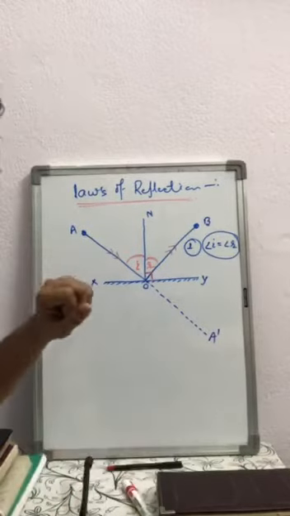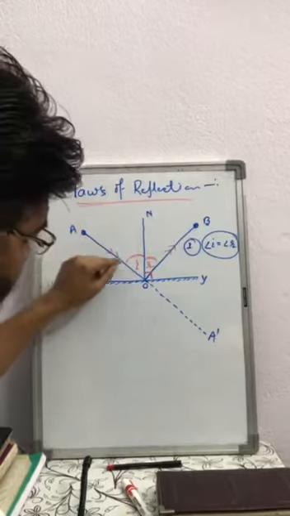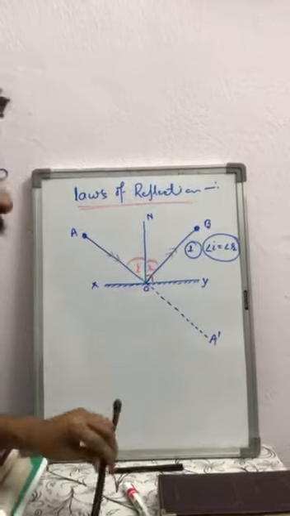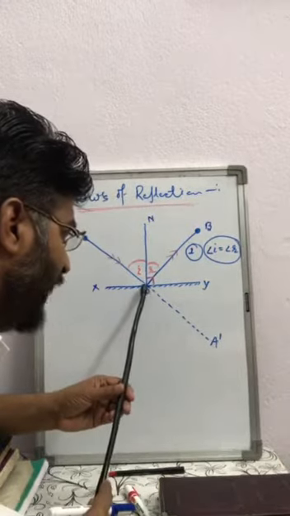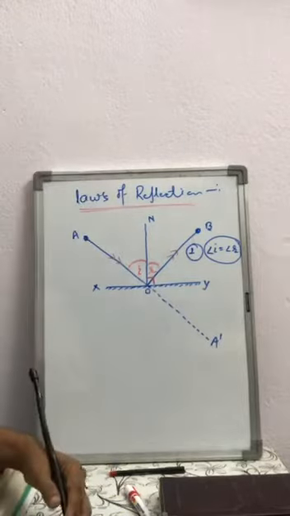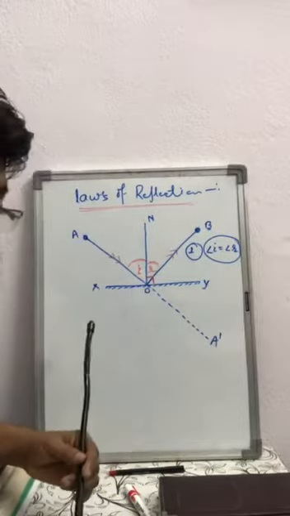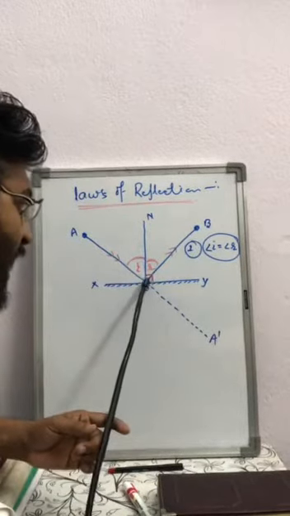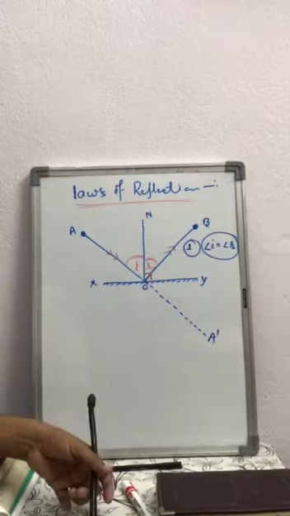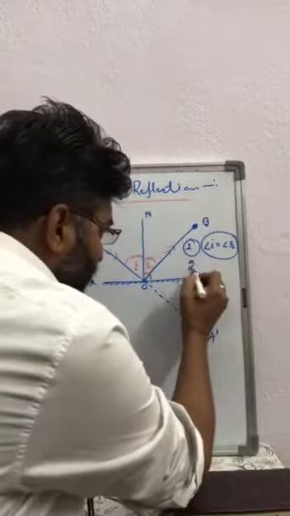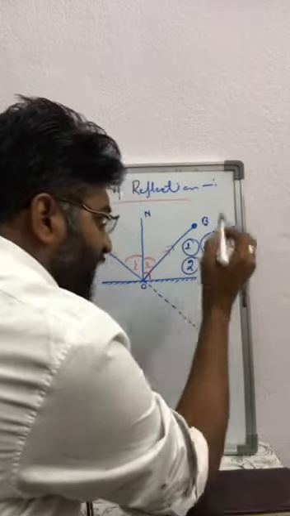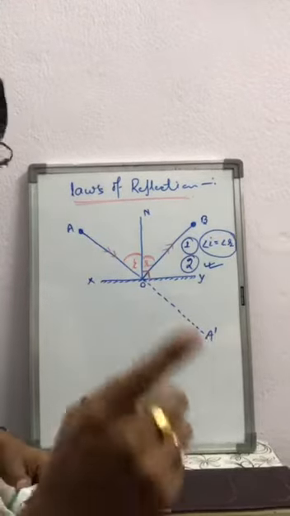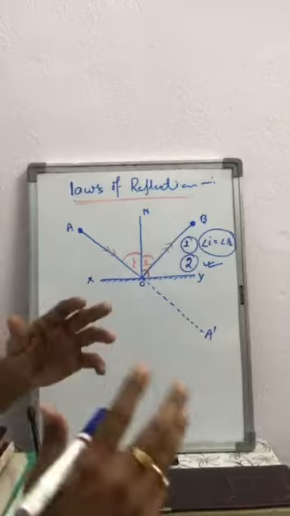Now, according to the second law, the incident ray, reflected ray, and normal lie in the same plane. We can also say the incident ray, reflected ray, and normal have a common point. So the second law of reflection is applicable for both regular reflection as well as irregular reflection. So we can say as a definition,